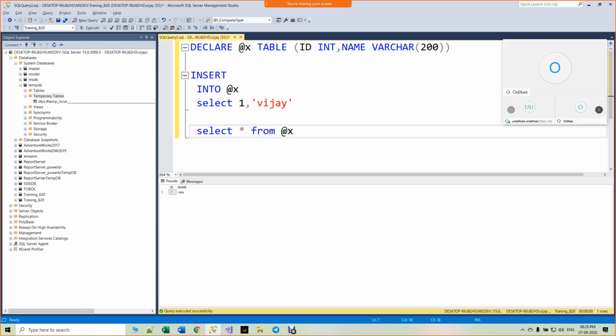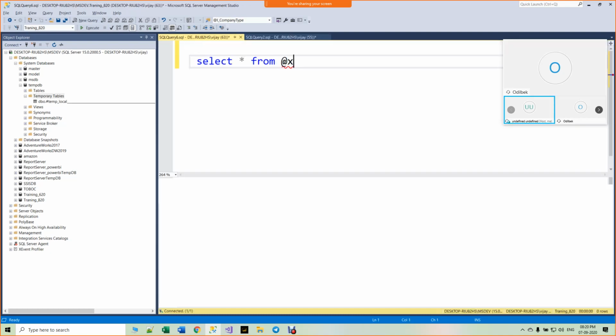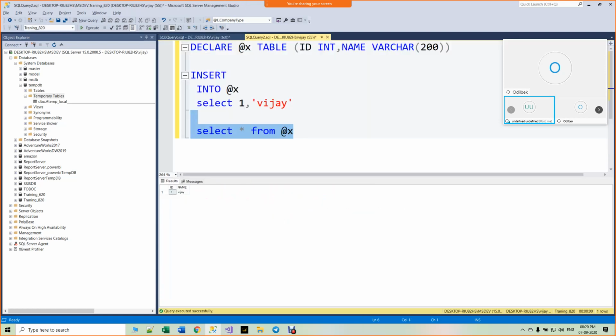But for example, if you query this in another session, it will not work out. So table variable is like a local temporary table. It will be available in that particular session only. But when you are dealing with huge volume of data, table variable is not recommended because it will not give the better performance. The reason is table variable will store the data in the memory. When I say memory, it is nothing but RAM. If you don't have much RAM, automatically your query is going to perform badly. Am I clear? Okay.